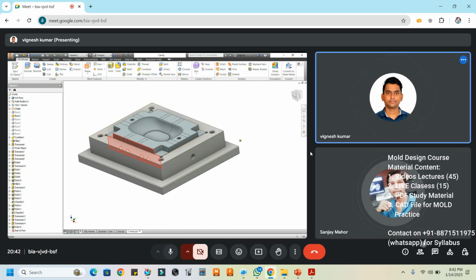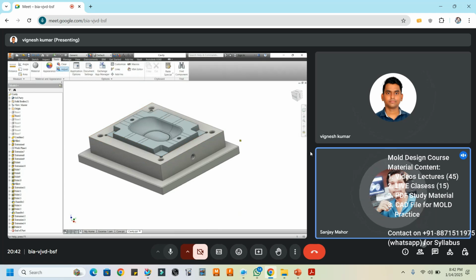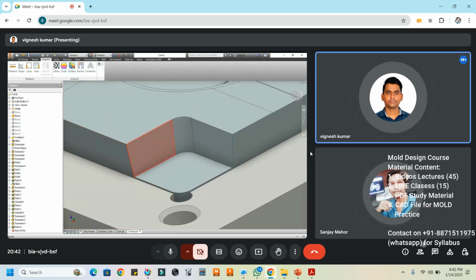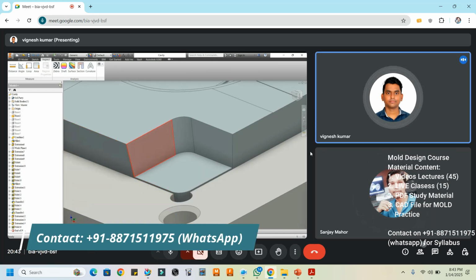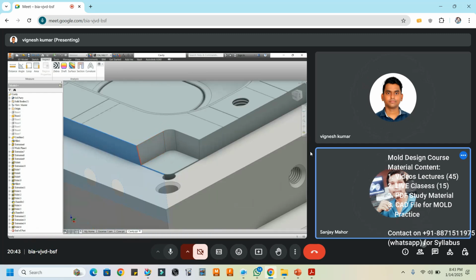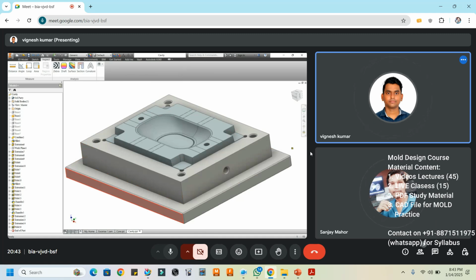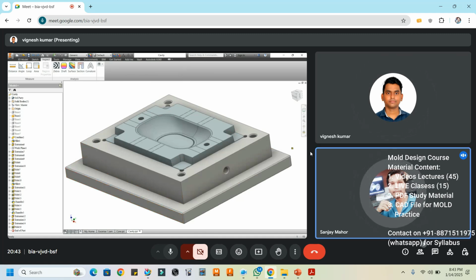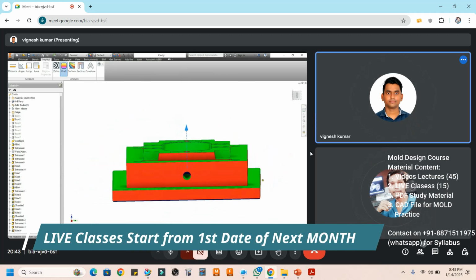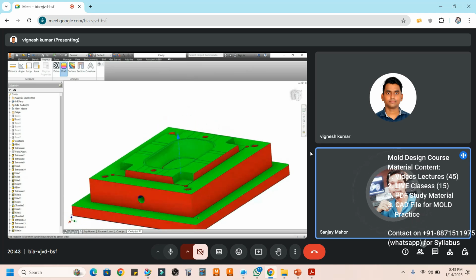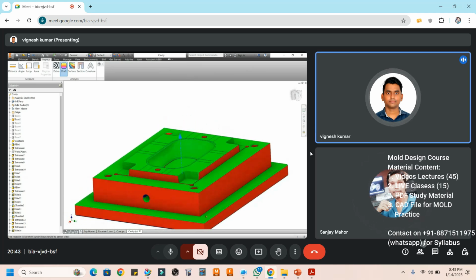Okay, sir. There should be a draft, minimum 3 to 4 degrees. We have to give the draft, right? Here? No, this one, this blue portion, this blue face. This draft is very important if you are making the insert like this, because right now it is 90 degrees.